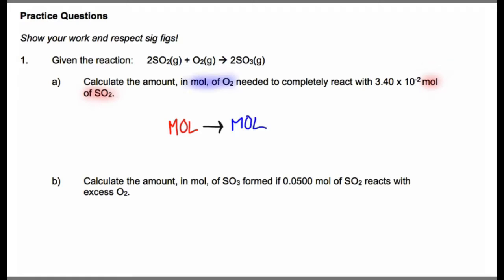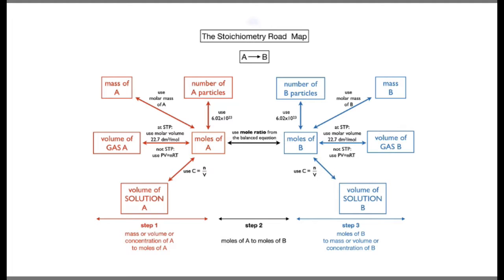So we're trying to use the moles and finding moles, so we're going to use mole ratio for the first one, and the second one, again, it's giving us moles and it is asking us for moles, so mole ratio for that too. If we look at our Stoich roadmap, we're just going to be using the central part there,